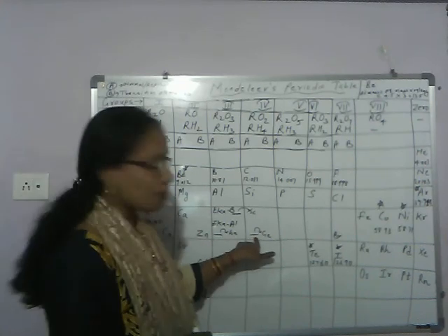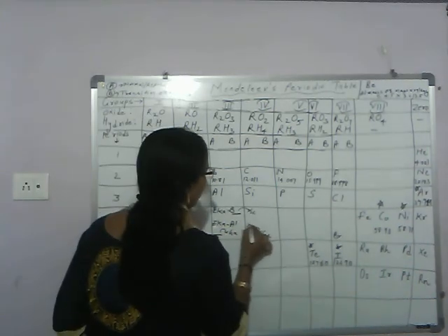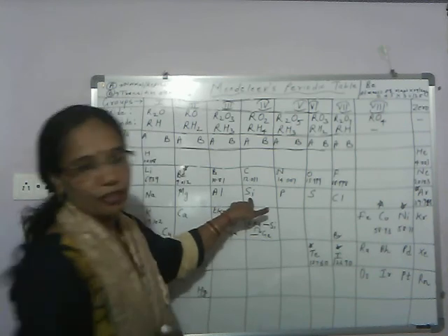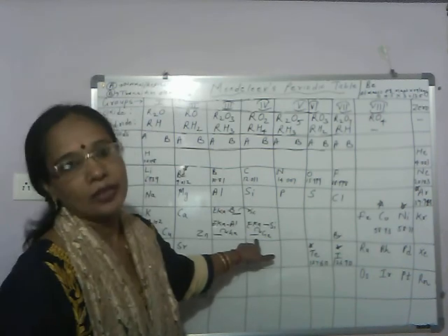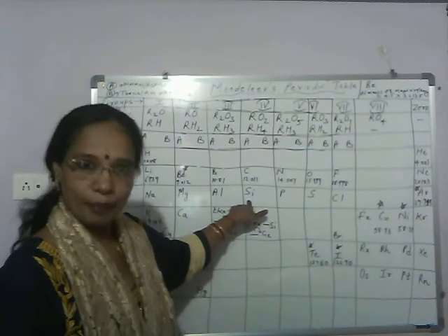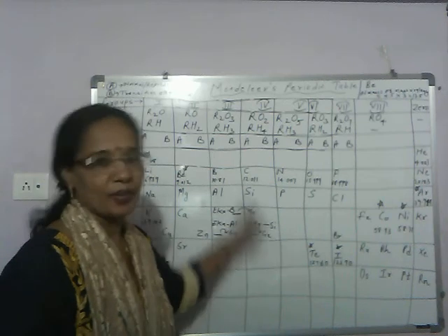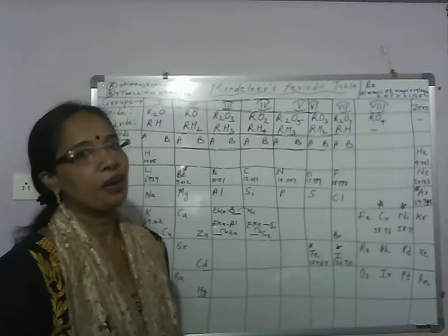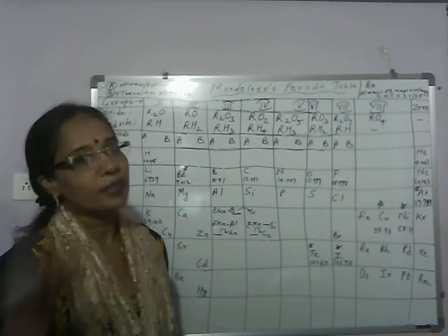Now the third blank space which he left, he named the element ekah silicon, because the preceding element of this group is silicon, and he predicted the element discovered here will have properties similar to silicon. Later the element discovered was germanium, Ge, and the properties were as predicted by Mendeleev. So the third advantage of Mendeleev's periodic table is prediction of new elements and their properties.